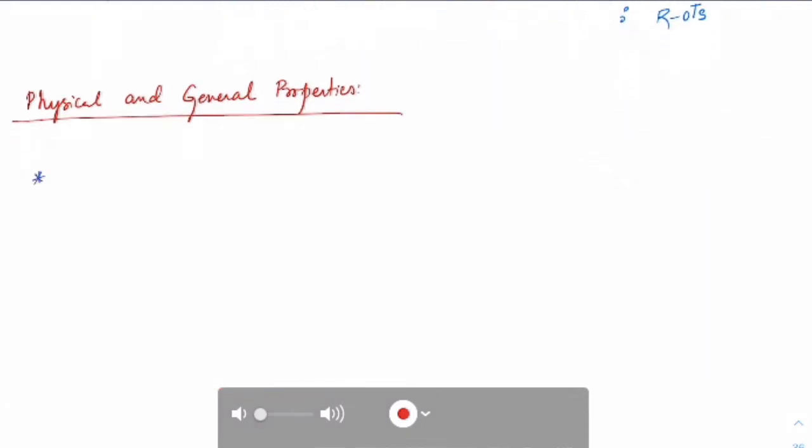First thing you should recall is the dipole moment. Whenever we have an alkyl halide, if you take X here, this would have delta negative, delta positive. And you know how you measure dipole moment? Mu is equal to Q into D. Q is the charge, D is the distance or bond length.